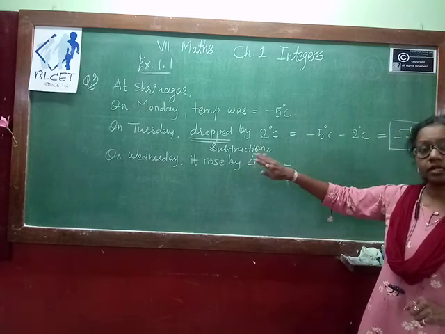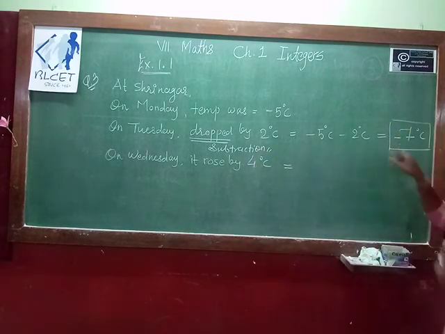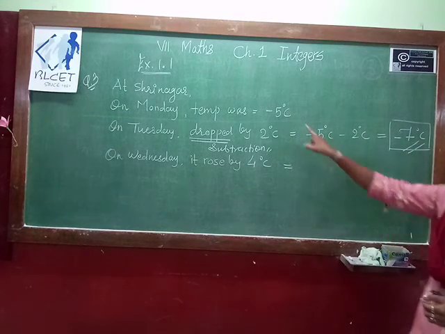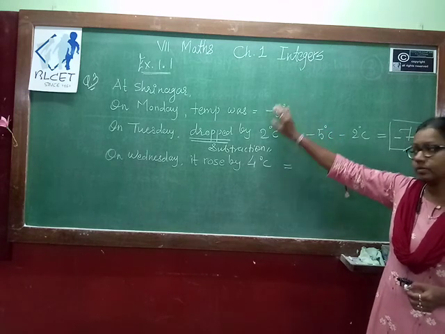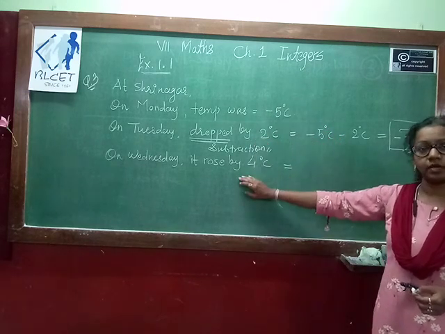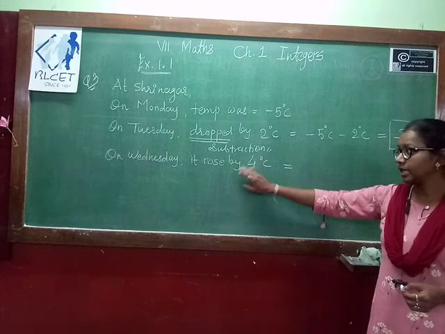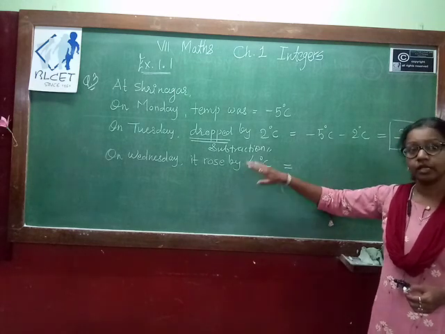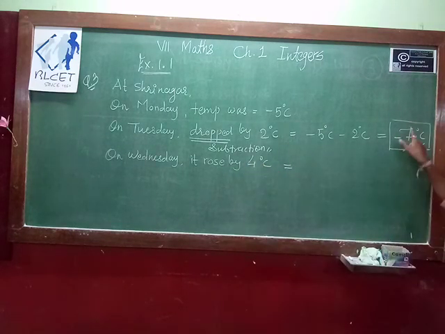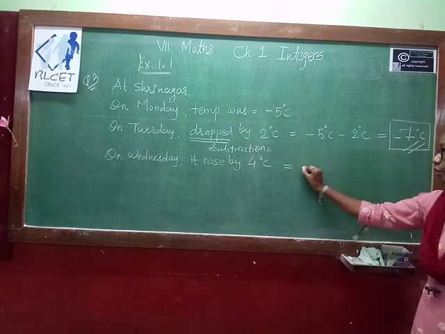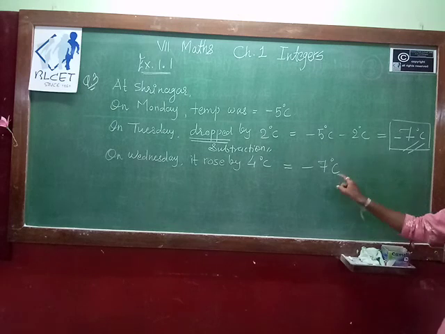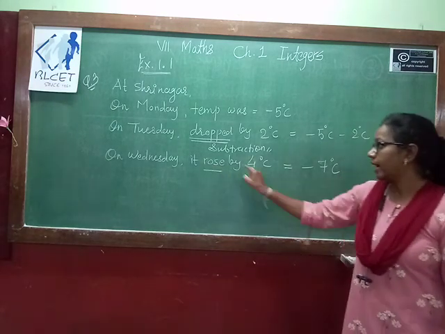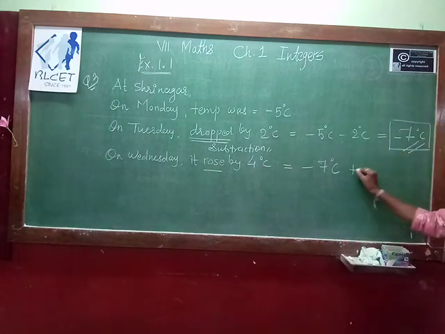Now we consider this temperature. Whatever we are getting on Tuesday, we will not consider the Monday temperature. After Monday what comes? Tuesday. After Tuesday what comes? Wednesday. So on Wednesday whatever temperature rose, that is based on minus 7 degree Celsius. So on Tuesday the temperature was minus 7 degree Celsius and it rose by 4 degree Celsius means plus 4